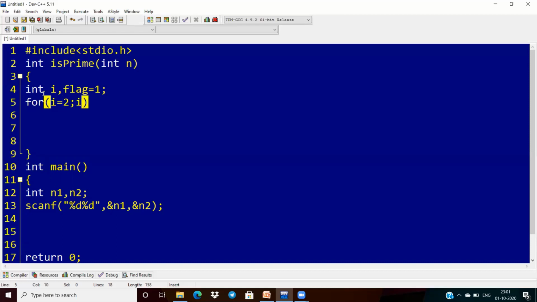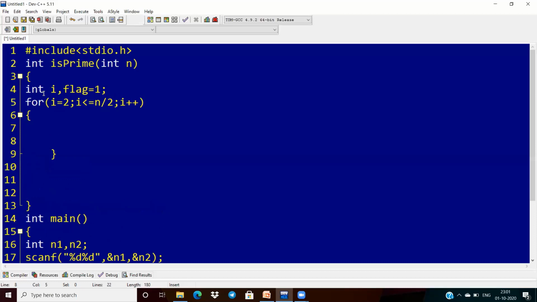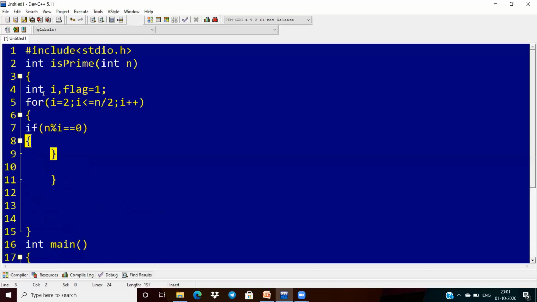I'm taking here i less than or equal to n by 2 of the iterations and incrementing the i. So if there is a number that is divisible with this n, it is having more than 2 factors. So that means immediately changing flag to 0 and write break.